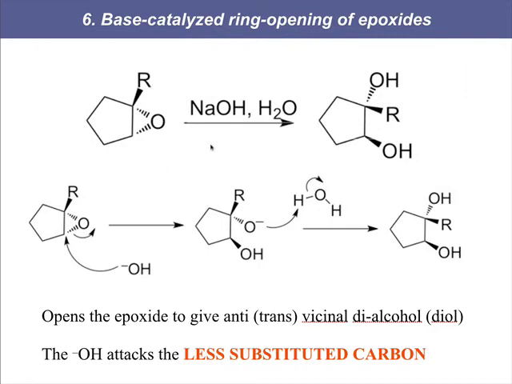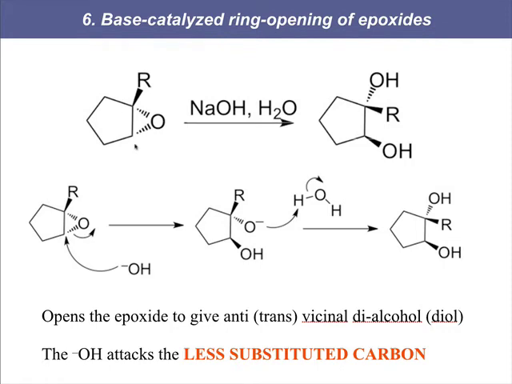Here's basic conditions. In this case, under basic conditions, which carbon got inverted? It was the less substituted carbon that got inverted. Our more substituted carbon maintained its stereochemistry. The O was dashed, the R was wedged. The O remains dashed, the R remains wedged. On the less substituted carbon, the O was a dash, now it's a wedge, which means that it's that carbon